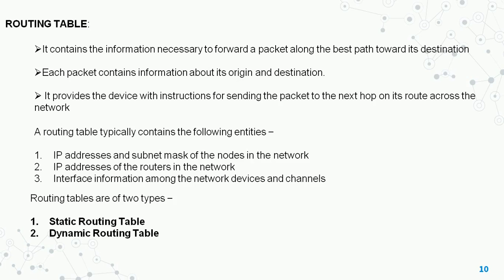There are two types here: static routing table and dynamic routing table. Static routing table: here the routers are fed manually and are not refreshed automatically. It is suitable for a small network of 2 to 3 routers. Dynamic routing table: here the router communicates with the other routers using routing protocols to determine the available routes. It is suitable for larger networks having a large number of routers.